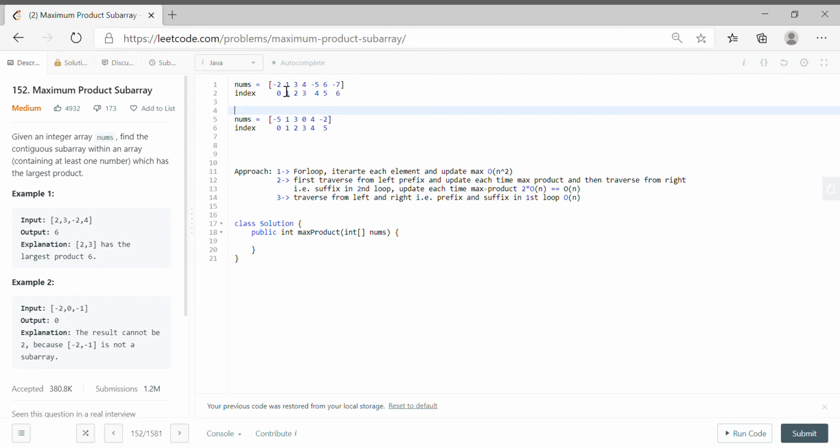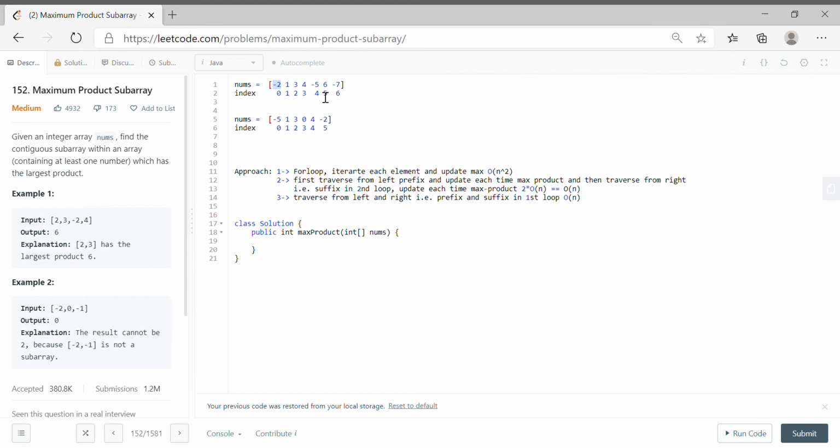Let's suppose the first element of the outer for loop is minus 2, right? It will be multiplied first by 1, then 3, then 4, and whenever we do a product, we'll update the result. When we multiply at the fourth index by minus 5, the overall will be 120.